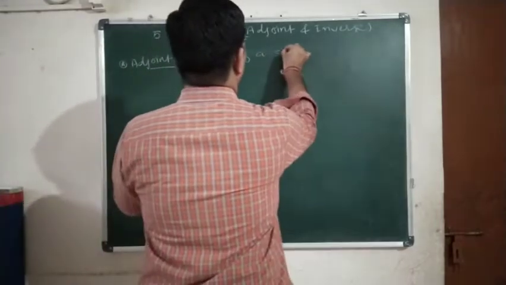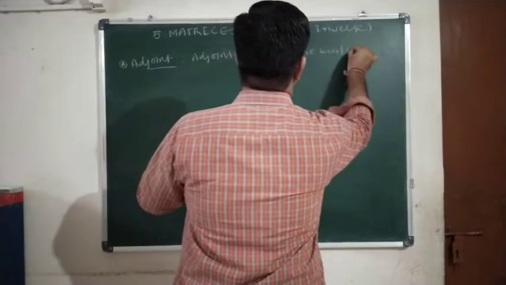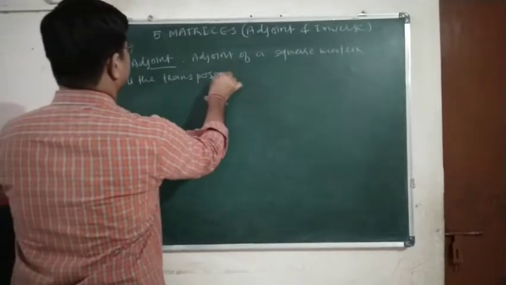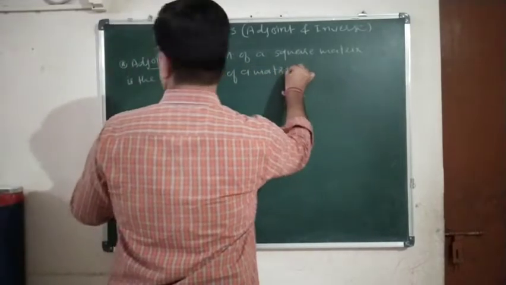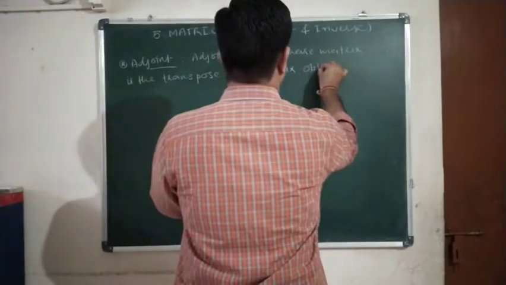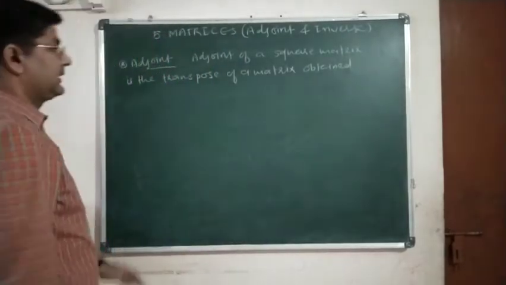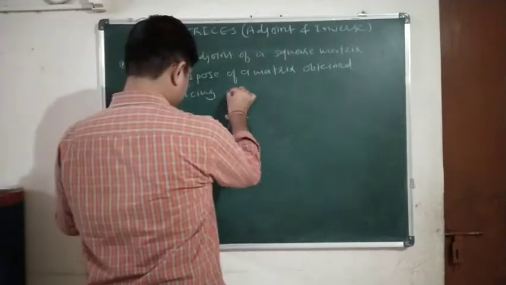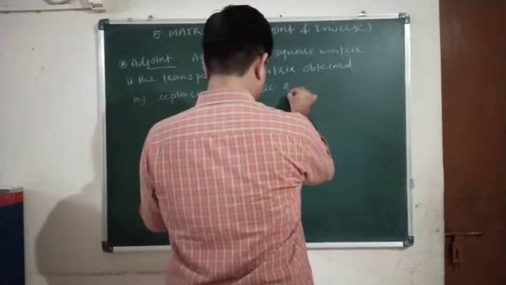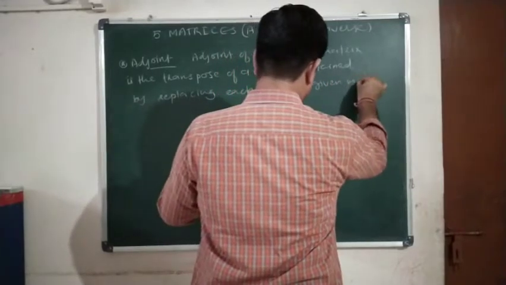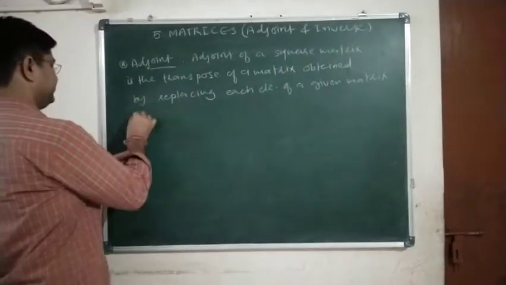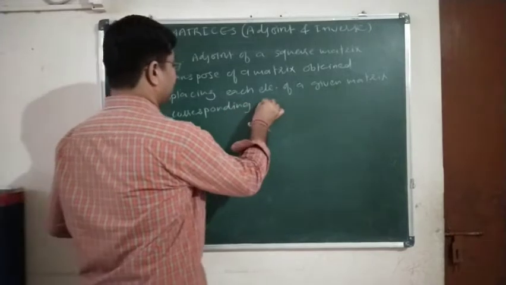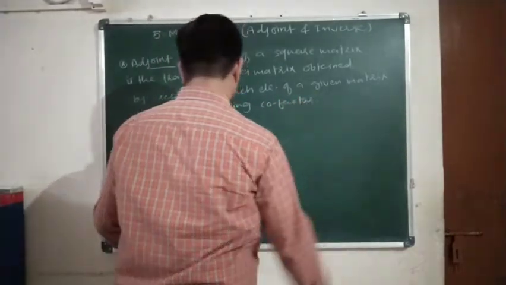The adjoint of a square matrix is the transpose of the matrix obtained by replacing each element of a given matrix by its corresponding cofactor. Okay, for example,